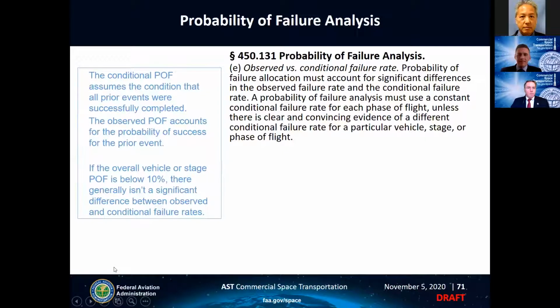So Part E of 131 discusses the observed versus conditional failure rate. Just to give you a quick definition, the conditional probability of failure assumes the condition that all prior events were successfully completed, whereas the observed probability of failure accounts for the probability of success for the prior event. I'll show that on the next slide, but before we go there, the regulation itself states that the probability